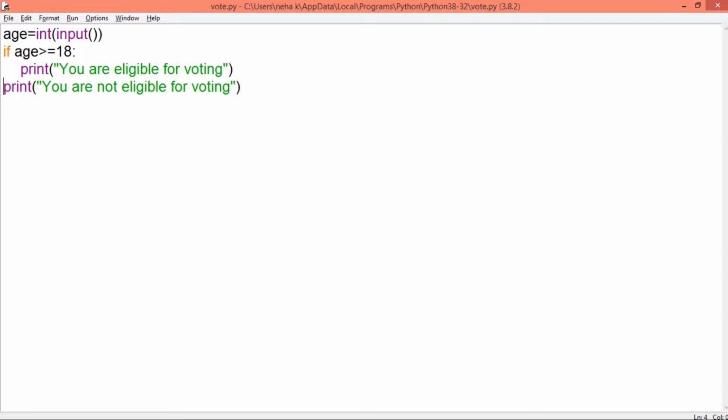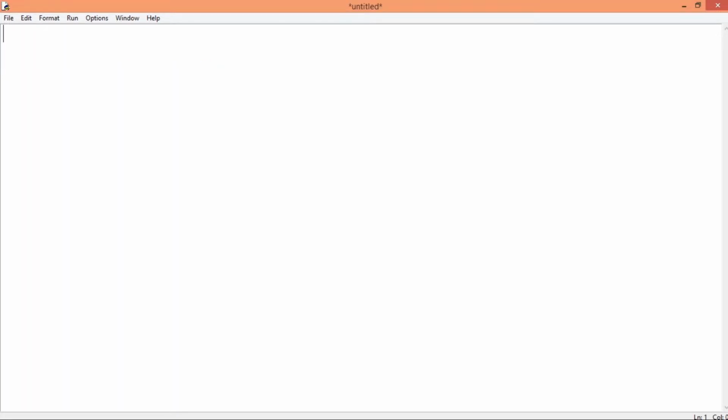So you need to keep in your mind how you are going to place the statements which must be part of the block, or they have to be executed when the condition is false. So in this case, to make the code work properly, I'm going to add an else part so that I get the desired output. Now let's write a code to implement if, elif and else block.